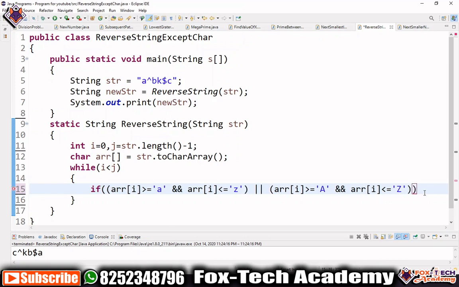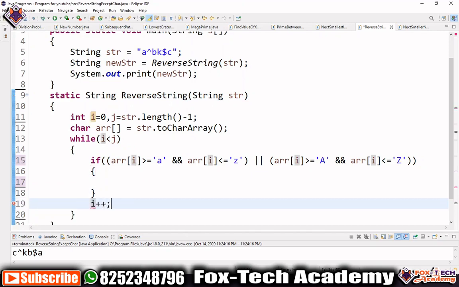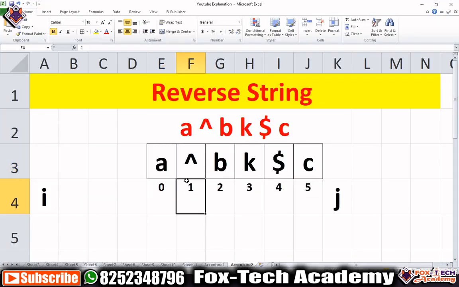When this element is an alphabet, then we have to go for replacement. Otherwise, in the else case, we will just increment the value of i. In this case, suppose we didn't find that this is an alphabet, then we don't replace this one and we just go to the next element.